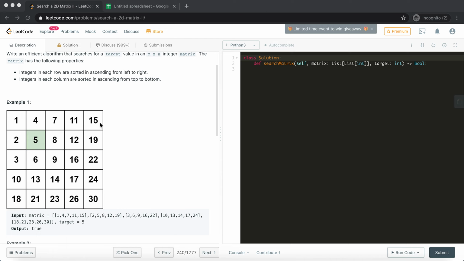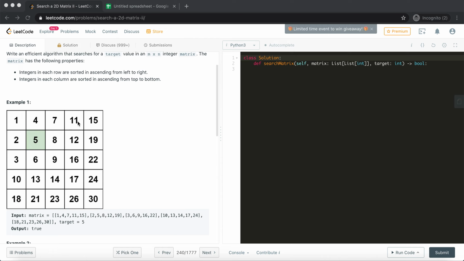The way we are going to approach this problem is, we are again going to start from this location. Then we'll compare this element with the target. Let's say our target was 5 in this case. We can check whether this element is greater than the target or not. We know 5 is less than 15, so we can skip this entire column, because this column is sorted, and if the target is less than 15, the target will be less than all the items in this column. So we can shift one column prior to that.